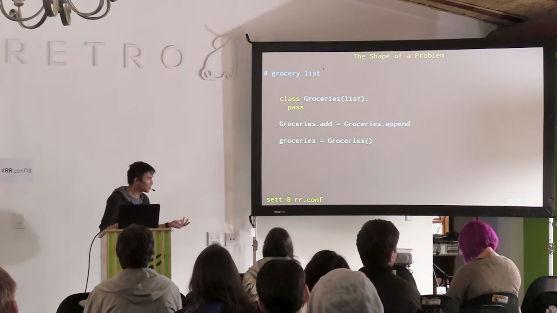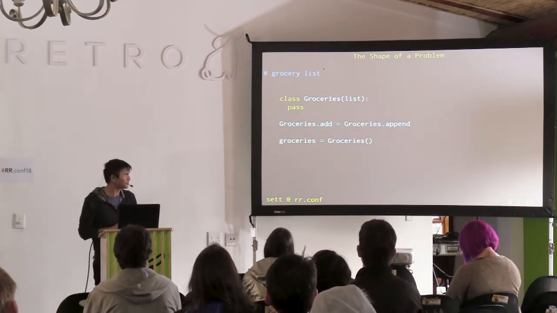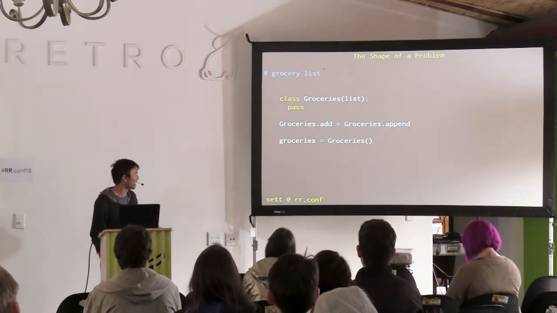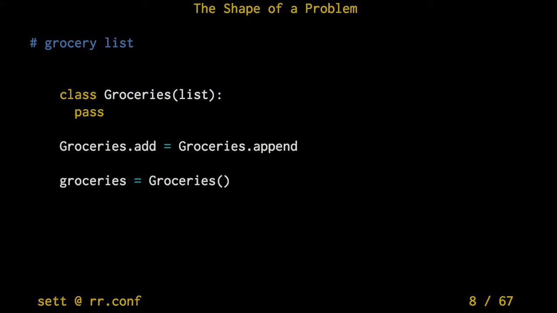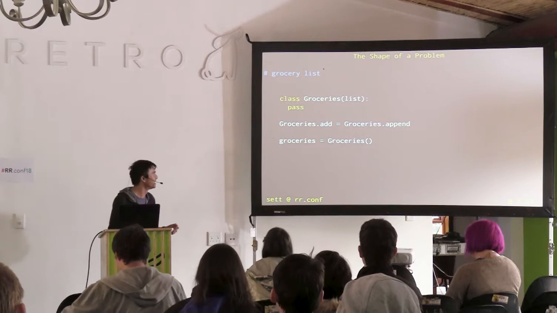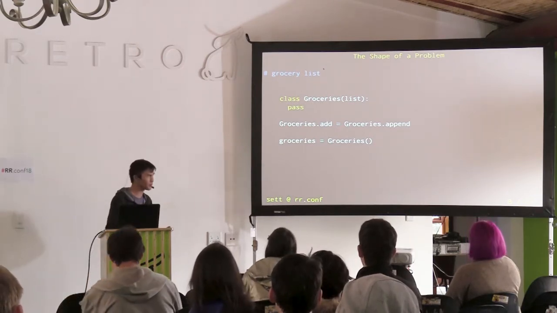So in programming, you can also define your lists as objects. So we can go the object-oriented route. And over here, it's just the Python way of saying, I'm going to subclass list, and I'm going to alias the append method to add, because when you speak to people, people don't say, hey, could you just append this to the groceries? It's like, which world are you from? Must be a programmer, obviously. So we're just going to alias that to have a bit more natural language.